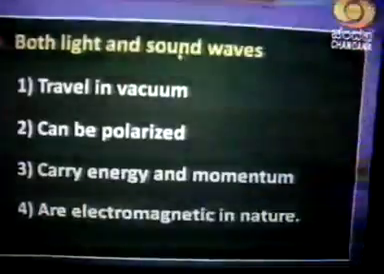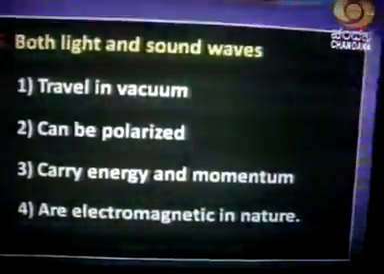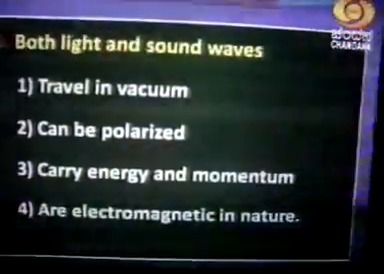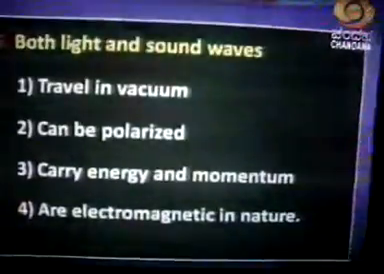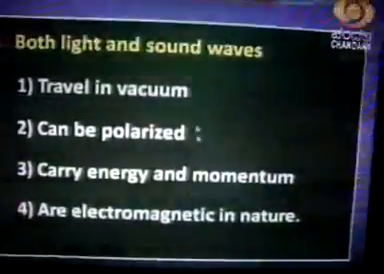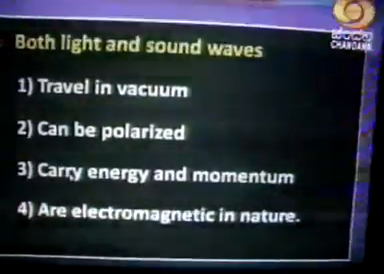And can be polarized, again, is applicable only to light. Sound waves are longitudinal, light waves are transverse. Only transverse waves can be polarized. So light waves can be polarized, but sound waves cannot be polarized as they are longitudinal. So option 2 is also wrong. And carry energy and